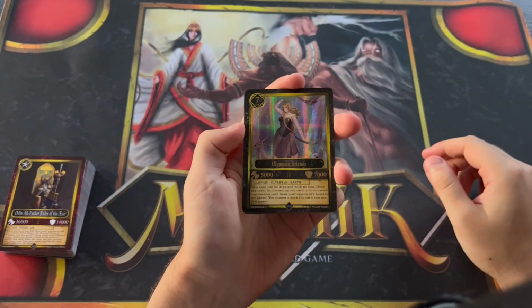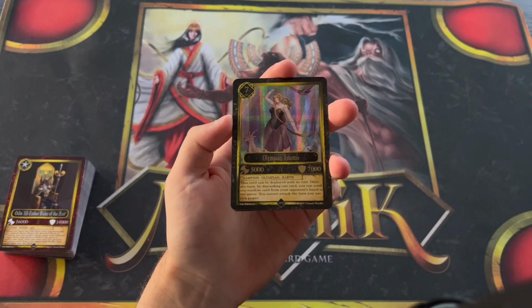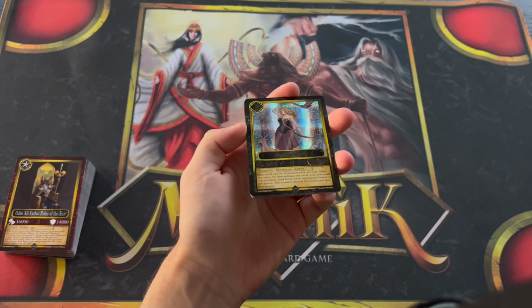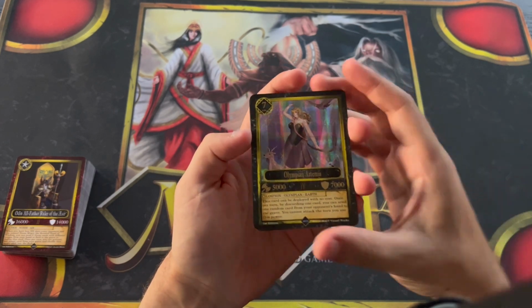The first type is a champion. These are your main battle cards. These can kill enemy champions. These can do damage to your opponent's heartbeats. These are arguably your most important cards in the game, your main engine of your deck. So